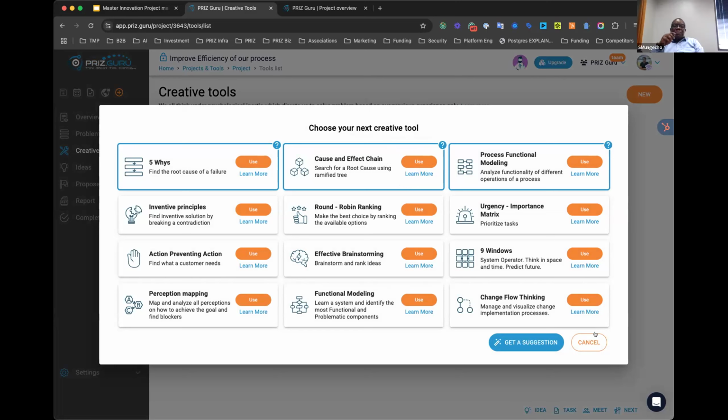I would be curious, if you picked, for example, the cause and effect chain for this particular issue, is the system able to give you some probable causes of the scenario, or of what is contributing to the problem? The system itself will not, but the system will guide you in your thinking to get to that point. That's very important to understand. Again, the system doesn't solve the problem. The machine cannot solve the problem. What the machine can do is guide you and organize the thought process 100%.